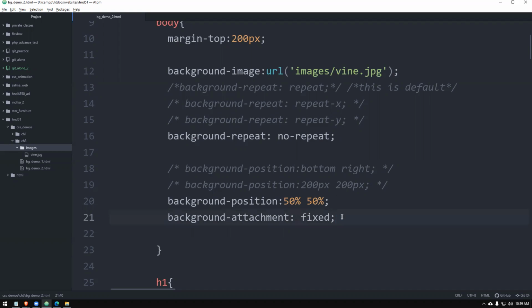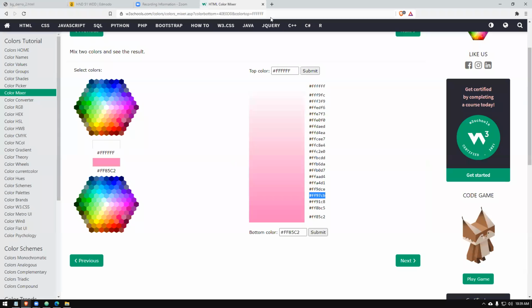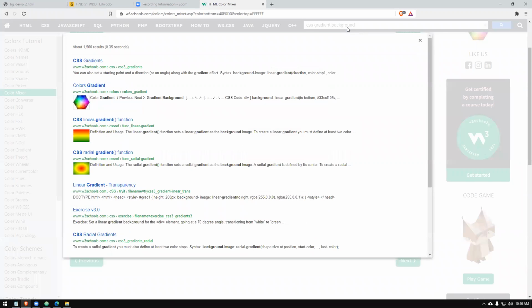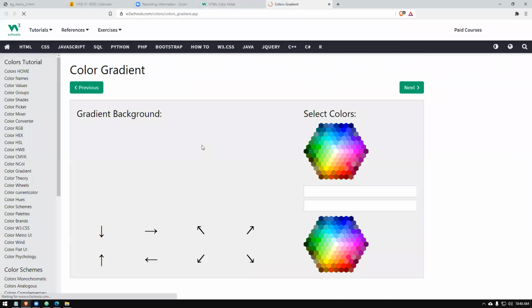So we need to do more things in backgrounds. I will be teaching you how you can have gradient backgrounds, which is actually, children, not in this note. In this note it's not there. So I'm going to show you where the resource is. The website is this one, so we can quickly get it done. CSS gradient backgrounds. Okay, so it's very simple.